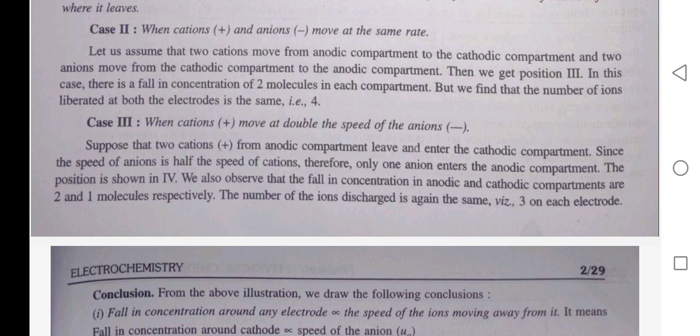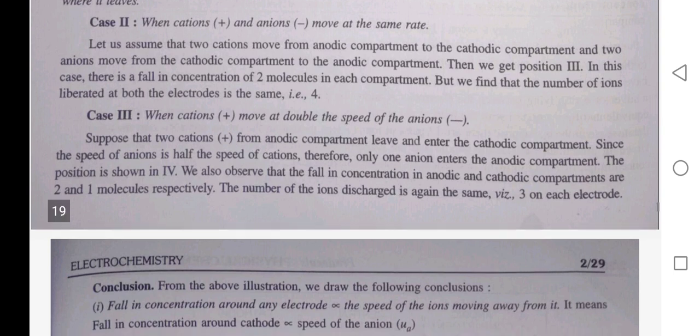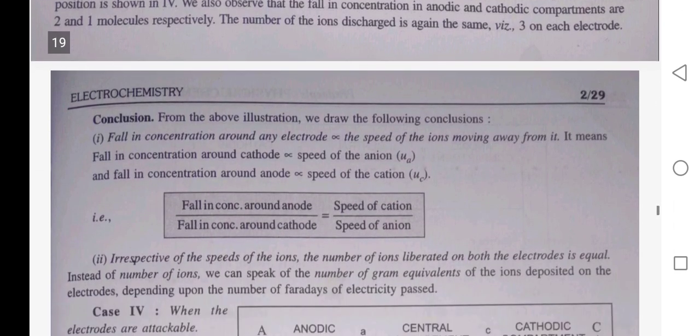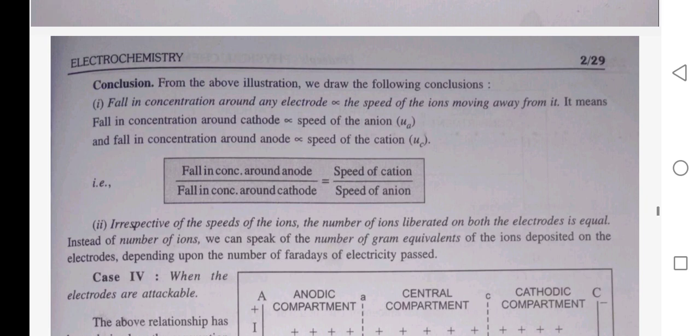We also observe that the fall in concentration in the anodic and cathodic compartments is 2 and 1 molecule respectively. The number of ions discharged is again the same, 3, on each electrode. Conclusions. From the above illustrations, we draw the following conclusions. First, fall in concentration around any electrode is directly proportional to the speed of the